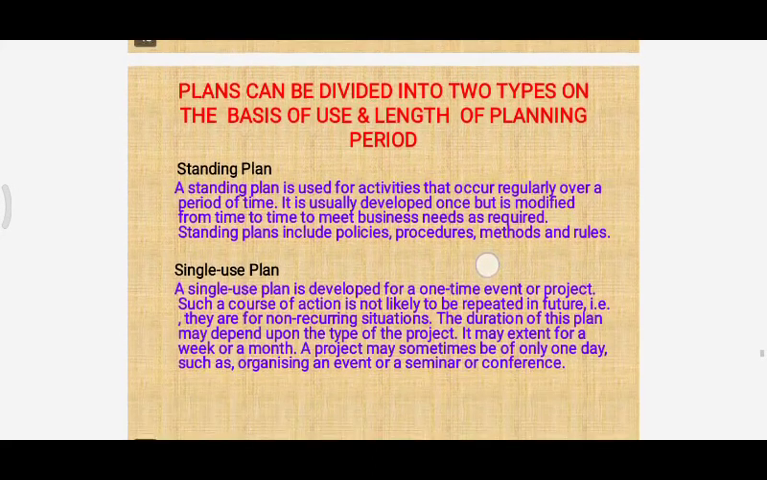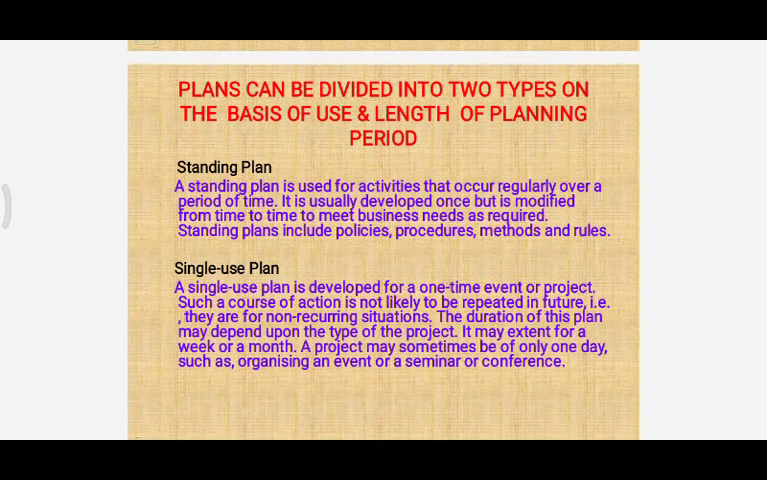Plans can be divided into two types on the basis of the use and length of the planning period. A standing plan is that plan which is used for activities that occur regularly over a period of time. So these plans are also known as repeated use plans. It generally focuses on those situations which occur over and over again. So these plans are usually developed once, but they can be modified from time to time to meet the requirements